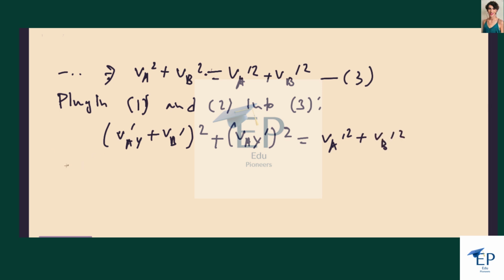Let's expand out these terms. So this is vA y prime squared plus 2 times vA y prime times vB prime plus vB prime squared